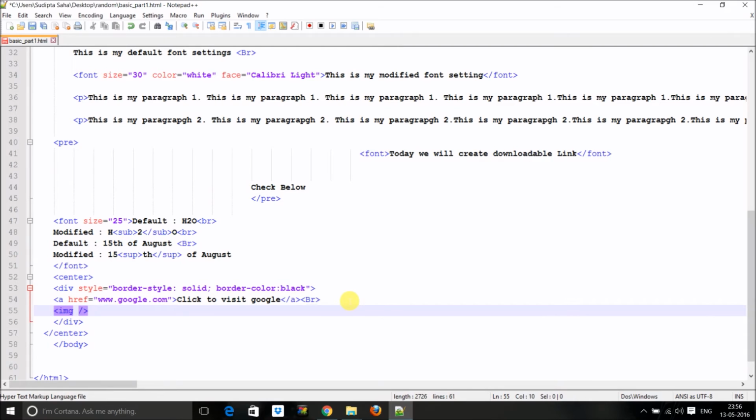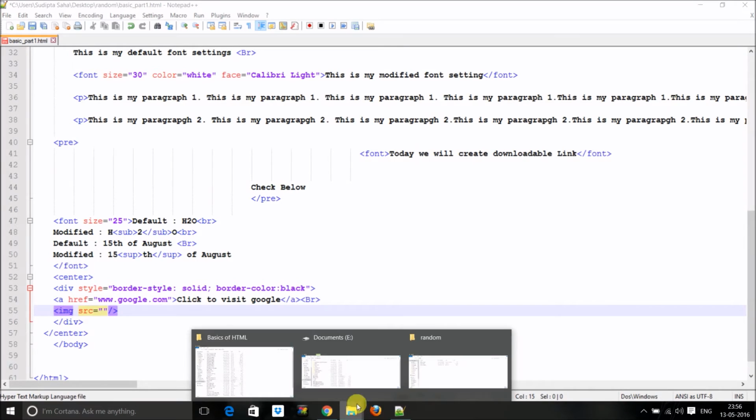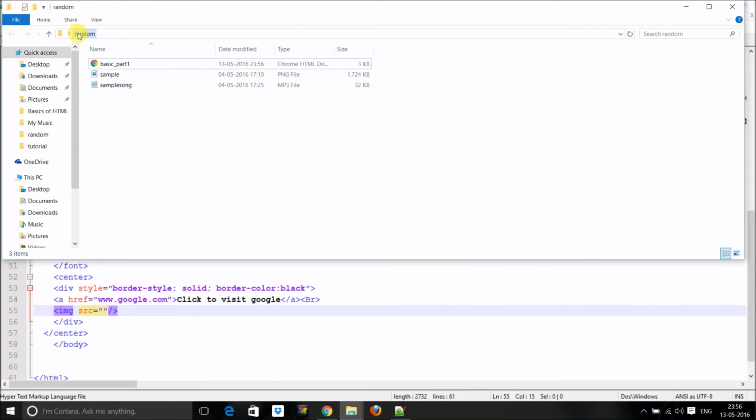Now after that, use the property src. In src we mention the source of the file. Like I told you, whatever we write, it will search in the base directory. Our base directory is, in my case, the random folder, and inside this I've put my picture, sample.png. So I'm going to write sample.png